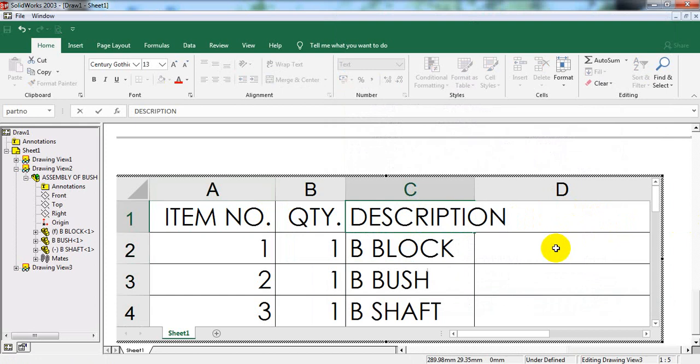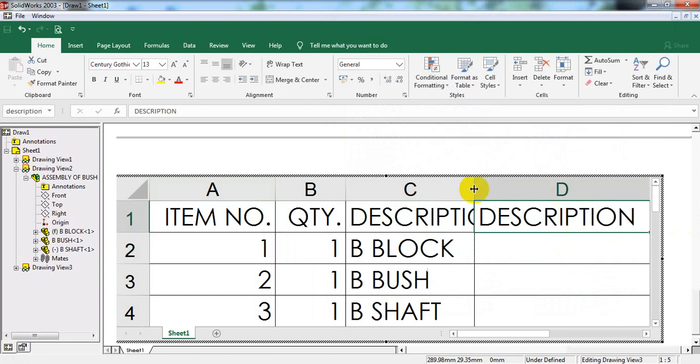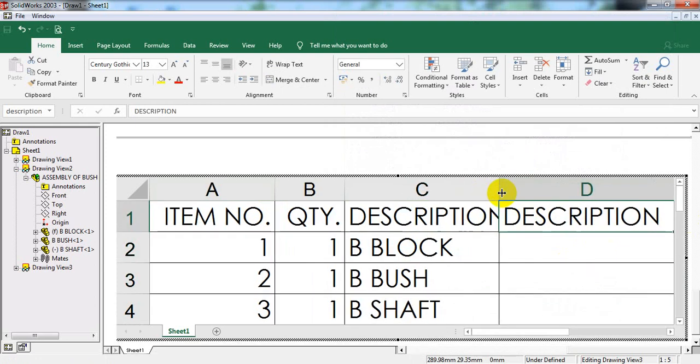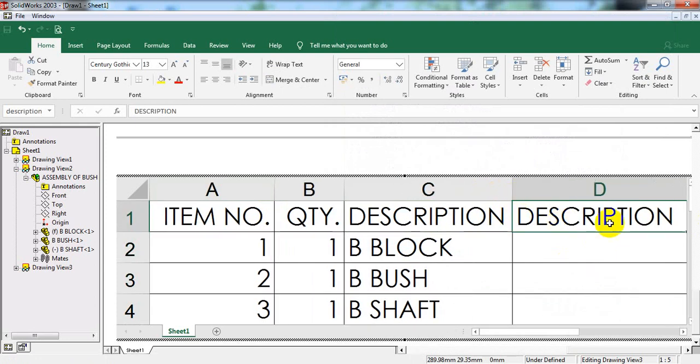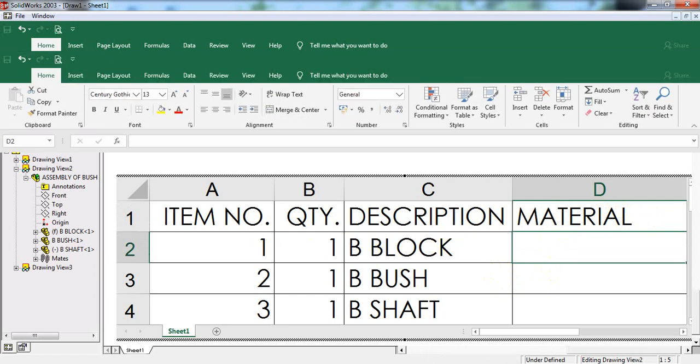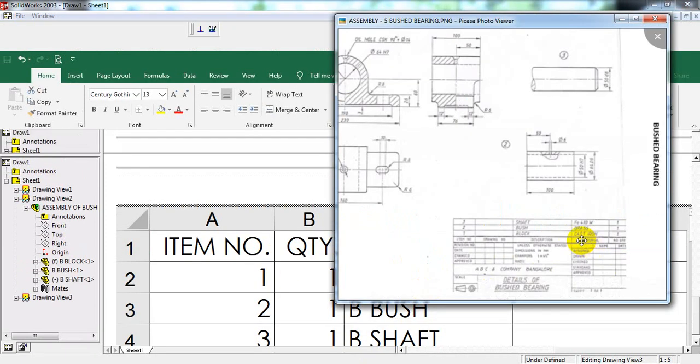Okay, here instead of description, enter as material. It is material. Okay, for block, what is the material he has mentioned here? It is cast iron. For bush, brass. For shaft, Fe410W.